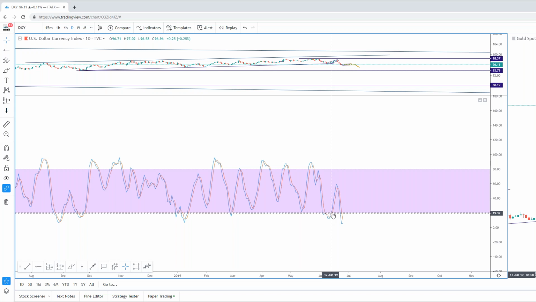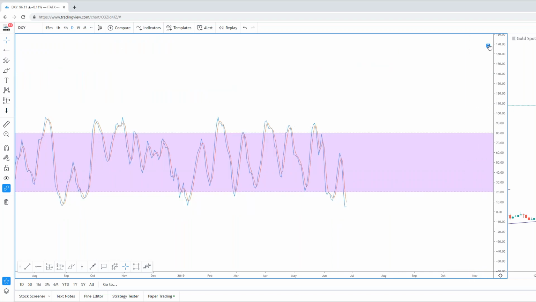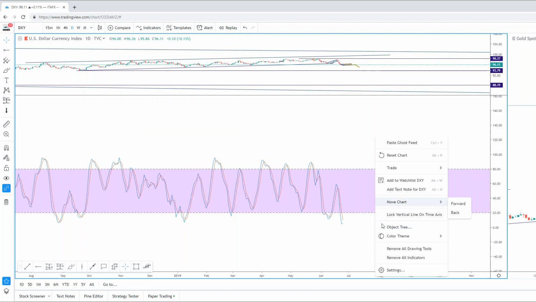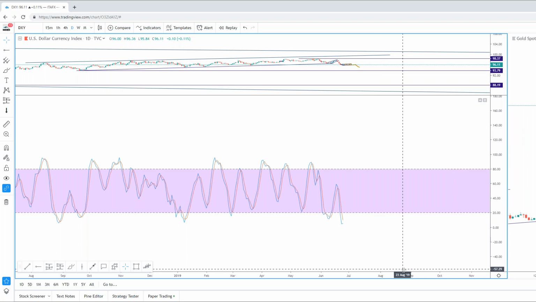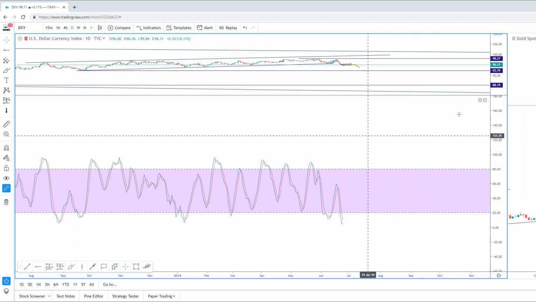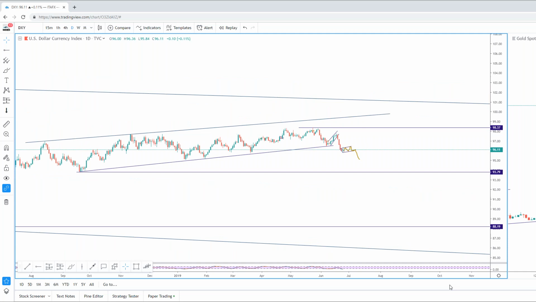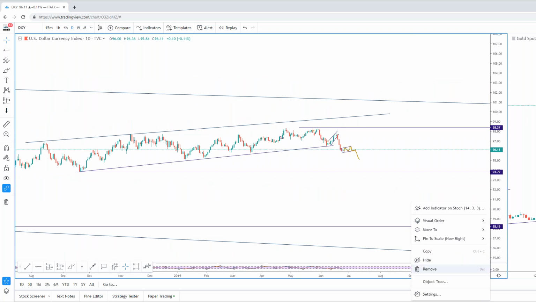So let me just remove the stochastic indicator. I'm hoping that you've all received a decent enough explanation of this. Let me just quickly see if I can remove this off. Can't remember how to do so, so I may actually have to just minimize it until later, until I can remember how to do it. It's not an issue.